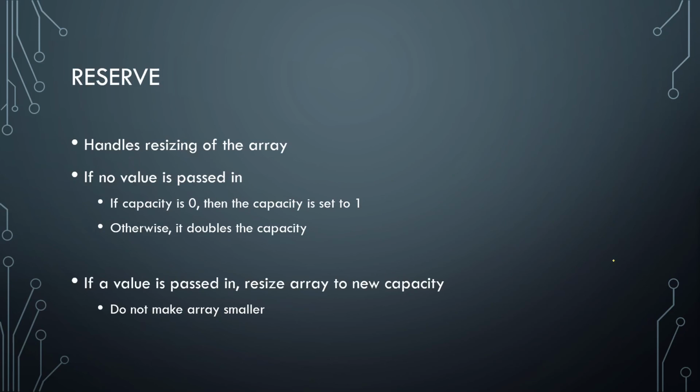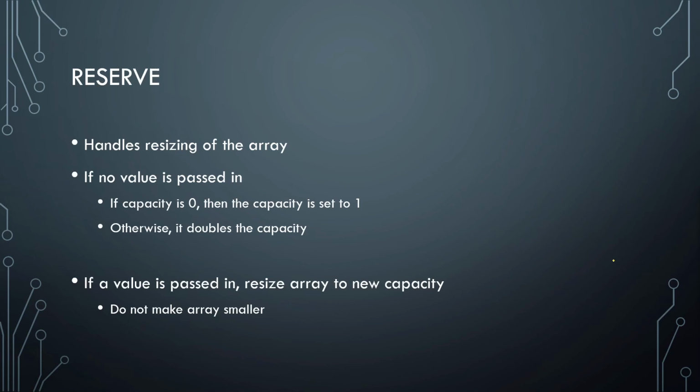Reserve is going to be the big function for this lab. Now, what this is designed to do is handle the resizing of the array. And we'll take a look at an example of this over on the whiteboard in just a few moments. So there are a couple of different paths that this function can take. It is going to pass in, optionally, a value. If they pass in a 0 for that value, meaning they don't pass in anything at all because that's the default,